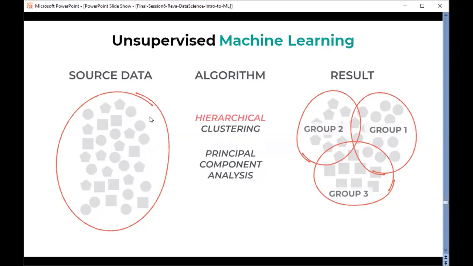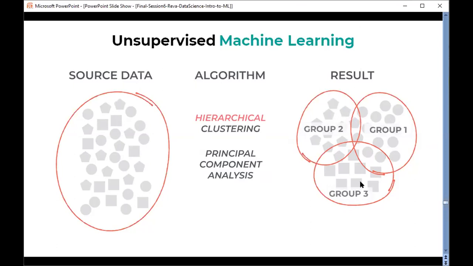For example, it will understand that these are squares, so it will get information about what the similarity is between the squares, then it makes different clusters. The different algorithms used for unsupervised machine learning could be hierarchical clustering, k-means clustering, or principal component analysis. So what result will we get? Once it learns the pattern within the data set, it will subcluster and make multiple clusters based on the similarity within the data points.